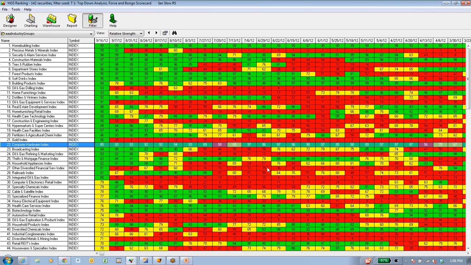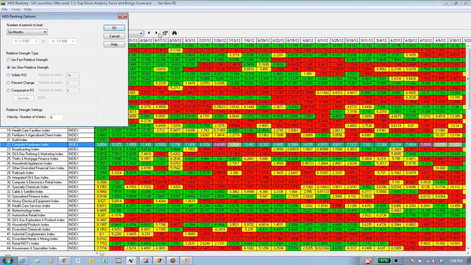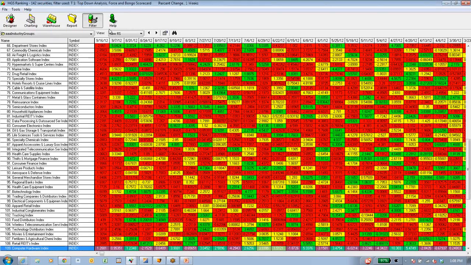I don't know about household appliances. I mentioned railroads. So this is a great tool because as I see things going from red to green and making the top of my list, I know that there's group rotation going. So even though these are some of the things that worked really well this week, let's look at raw relative strength, and let me change it to percent change 1 week up to the top.